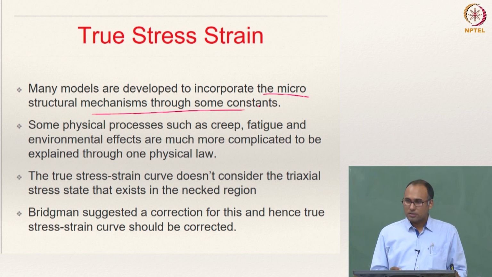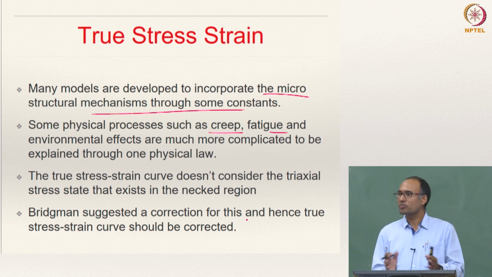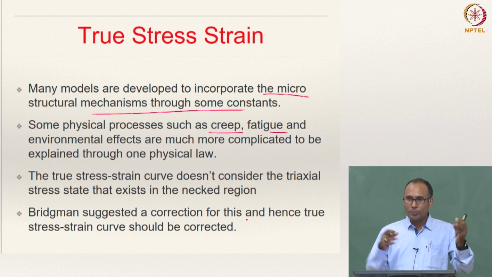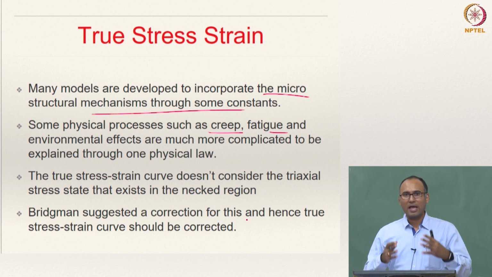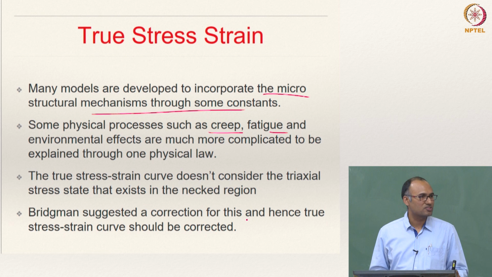For instance, physical processes like creep, fatigue and environmental degradation such as corrosion are much more complicated to be explained through the simple laws that we have discussed. So if you want to incorporate new mechanisms, you probably have to deal with more and more complex models. Okay,